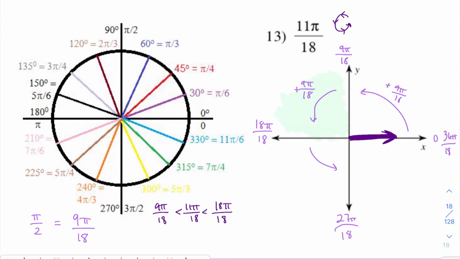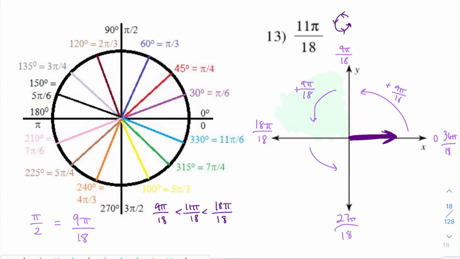Is it going to be closer to the middle? Or is it going to be closer to 18 pi over 18? And really all you need to do is think about 9, 11, and 18. You just ask yourself, is 11 closer to 9, 18, or closer to the middle of them? And I think when you think about it like that, it's pretty clear, okay, 9 is closer to 11, so